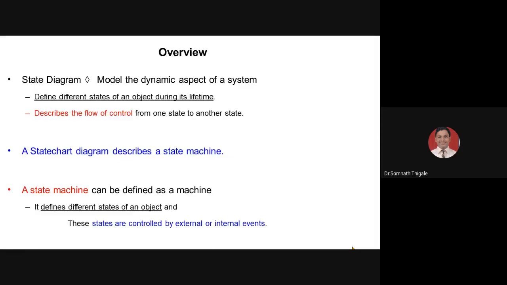To understand this, we will take a simple example of a gun. Just imagine a gun loaded with bullets is in your hand, and when you press the trigger, the bullet comes out. So what do you do? You have performed one action, and the action is you just click on the trigger.